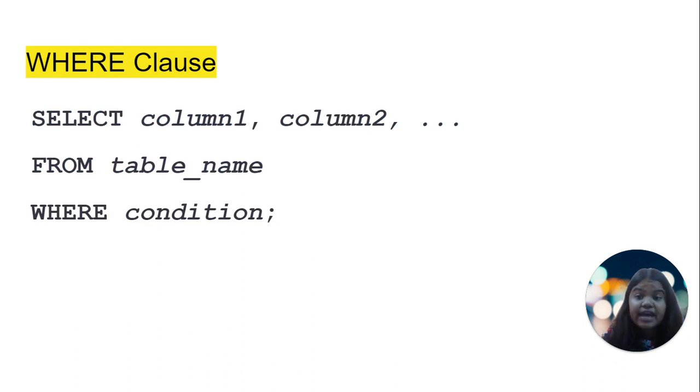Then comes your where clause. Where clause is used to filter out rows. Suppose we require only particular rows, not all rows of a column, then we can use where clause. Suppose we need a few columns from the students table, like name and age. So we can use select name, age from students where